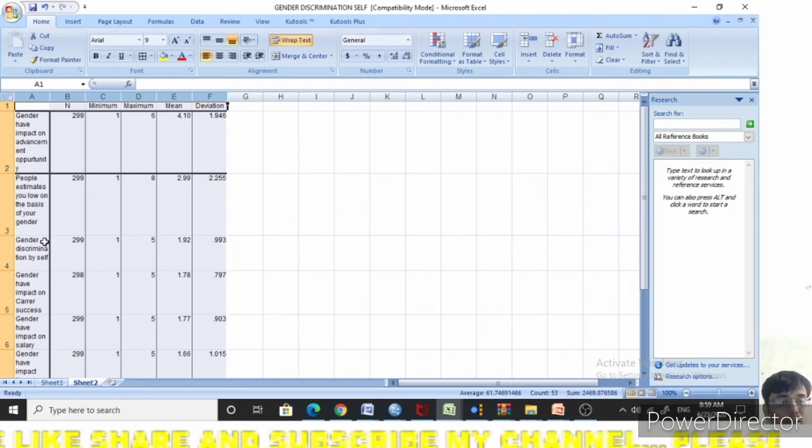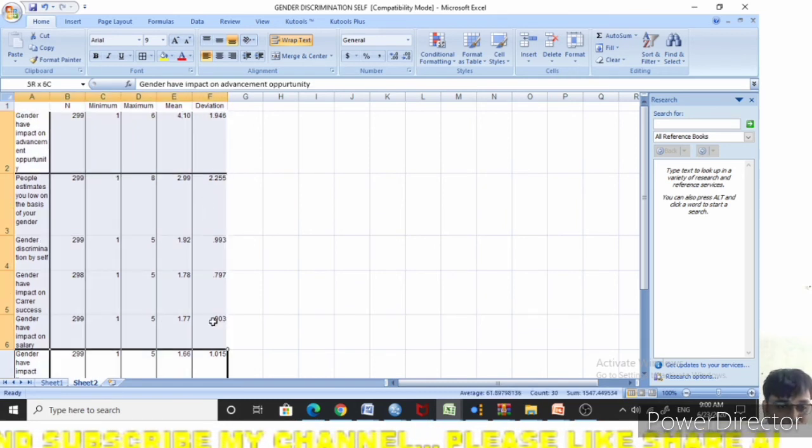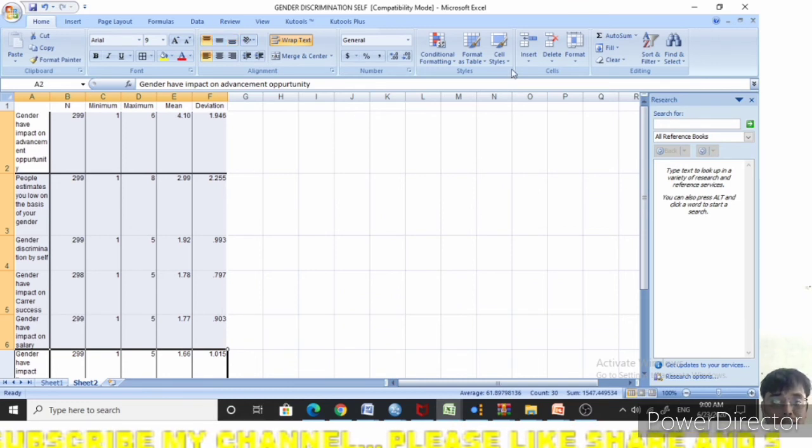Fourth, they feel it is having an impact on career success. Fifth, it is having an impact on salary. So we can find out these are the five prominent impacts of gender discrimination on respondents.